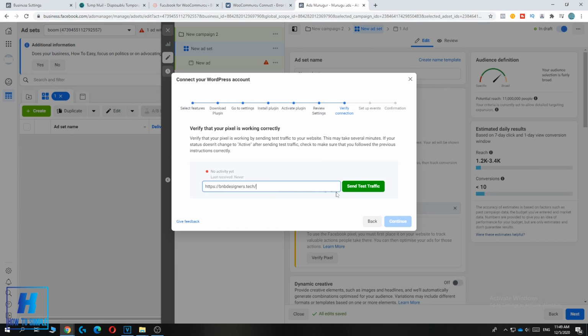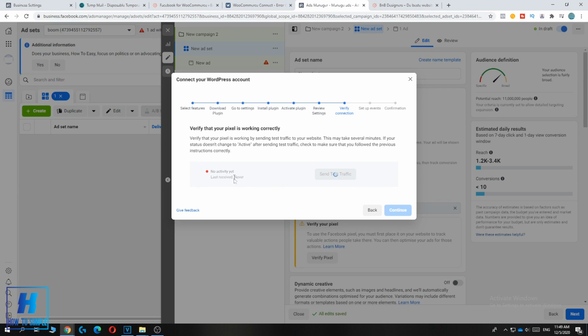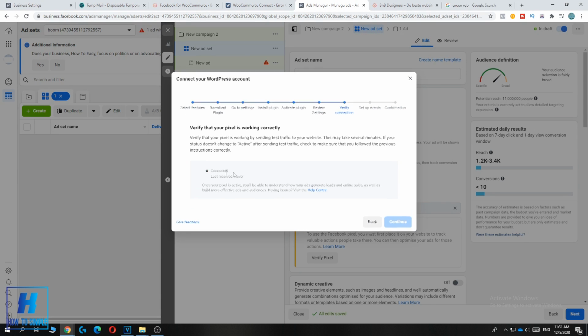Now go back and just hit send test traffic, and now it's going to send test traffic from Facebook to your website. As you can see, this is the website. When you go back, it is going to say if it works or if it didn't work. Then it will say that it's connected, and now you basically connected the Facebook pixel to your